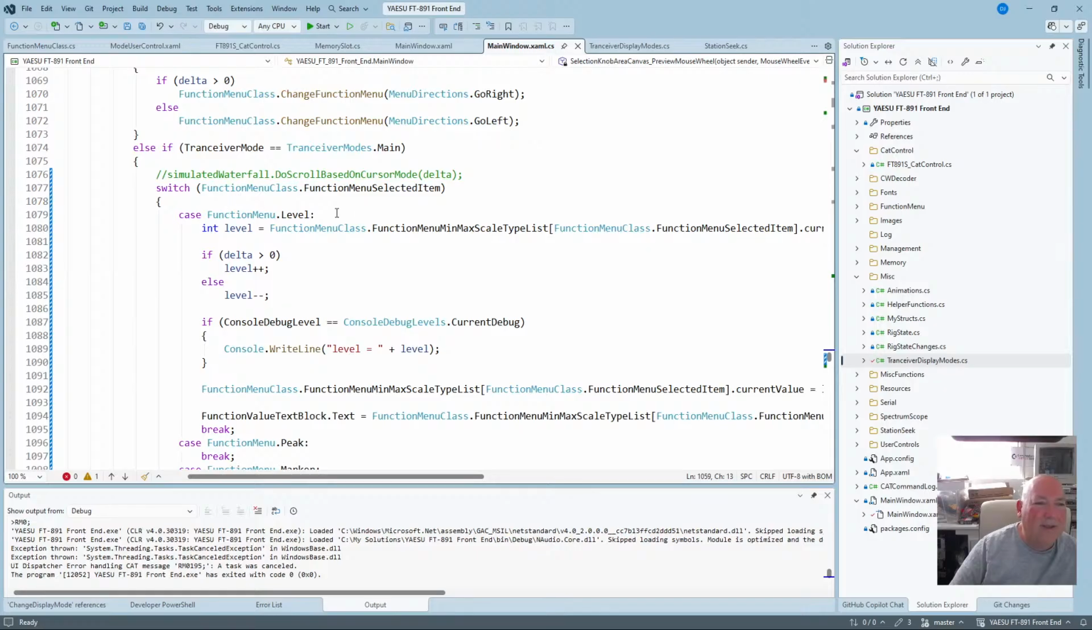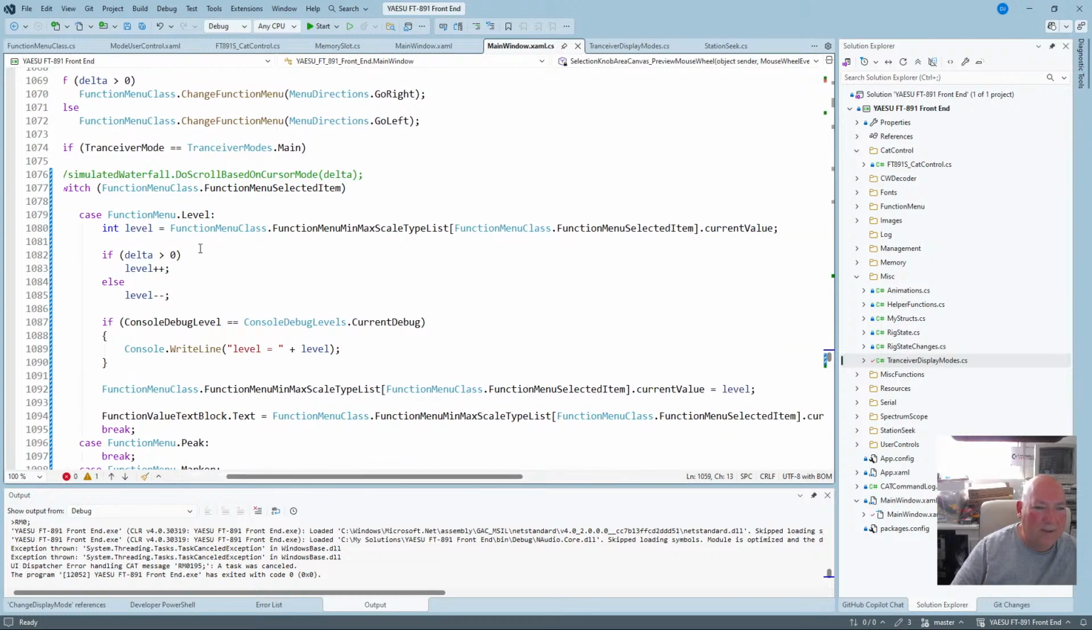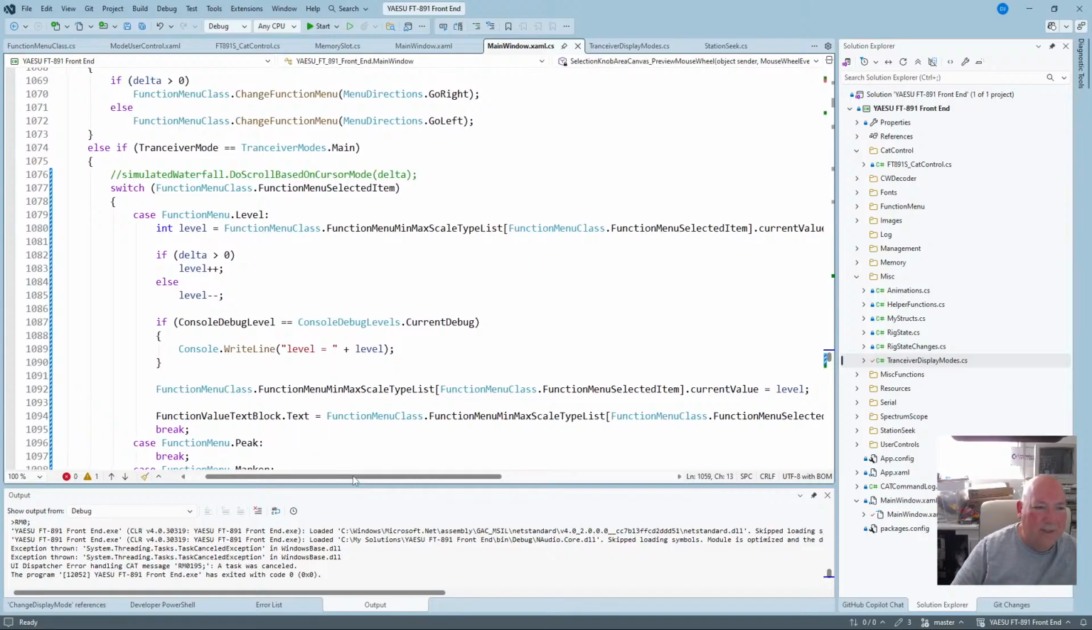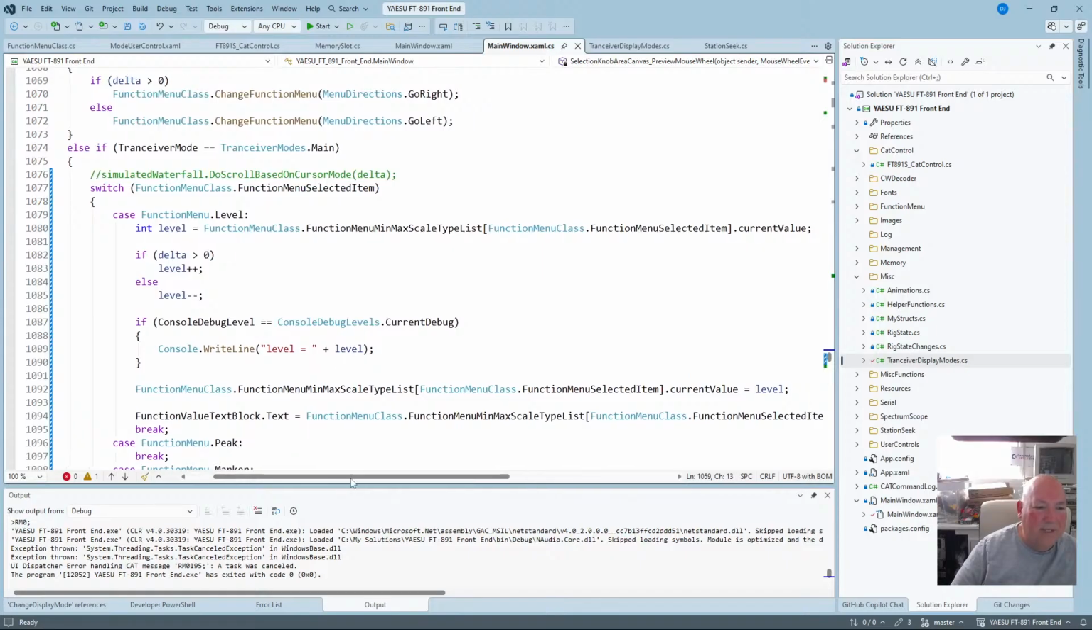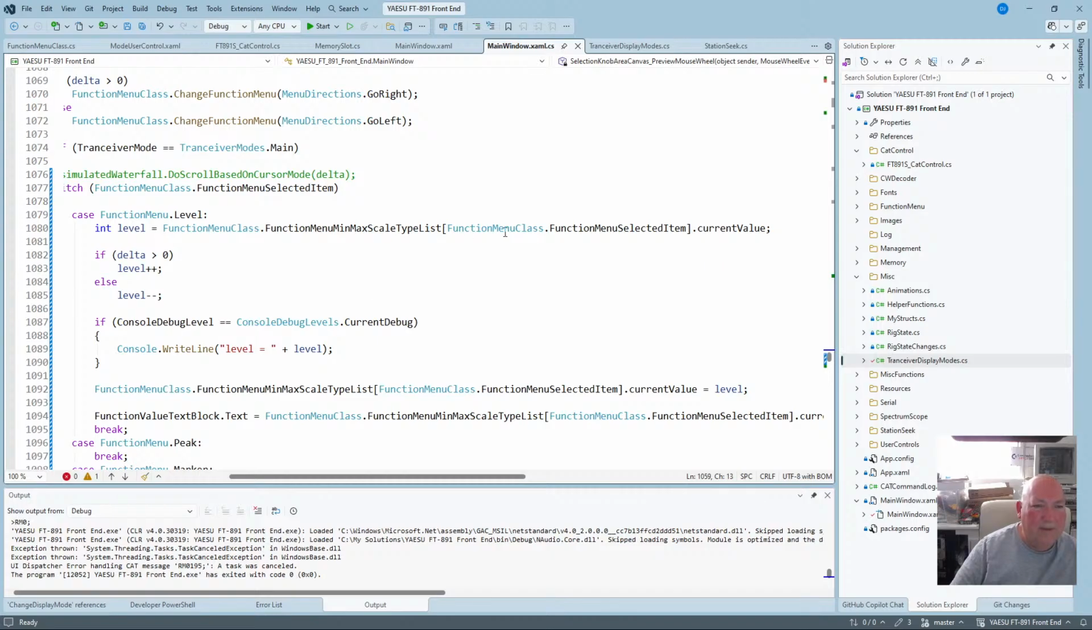Then you've got to switch between the menu item that you selected. So if you selected level, we've got to do some clamping going on. Now whether we can do it one at a time, we'll have to check different things. So instead of doing it here, getting the value and incrementing it, we need to do it from a central location over on the function menu